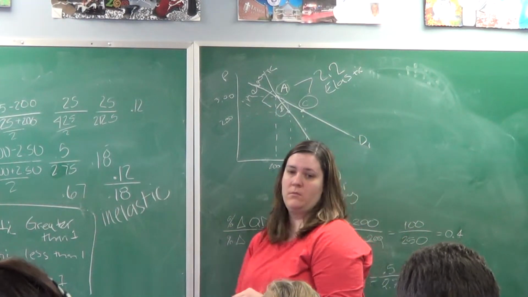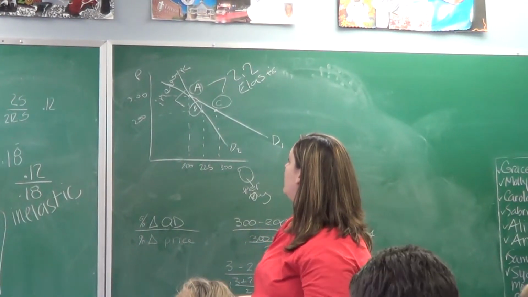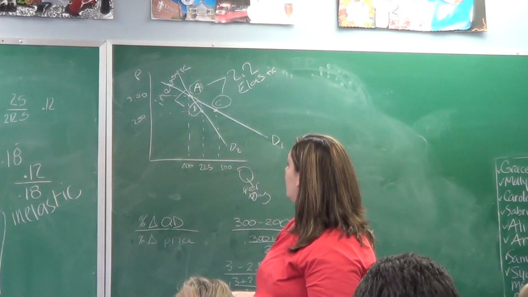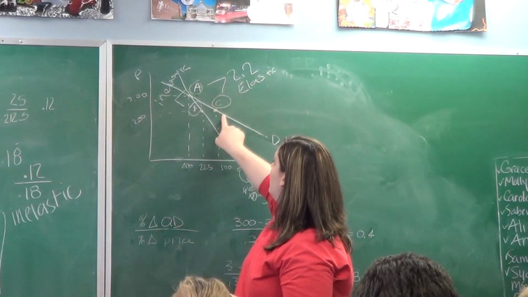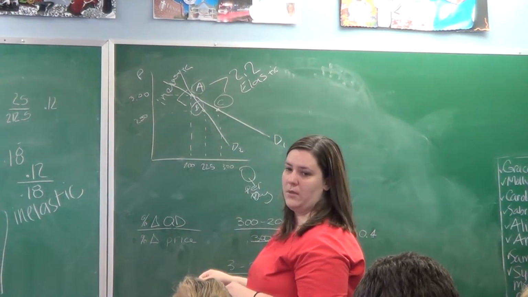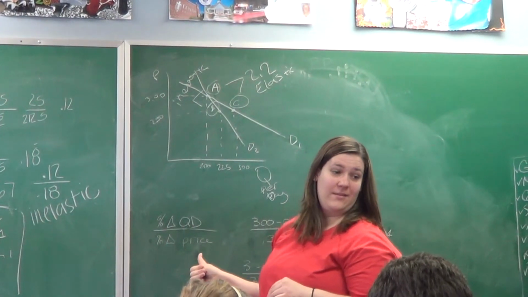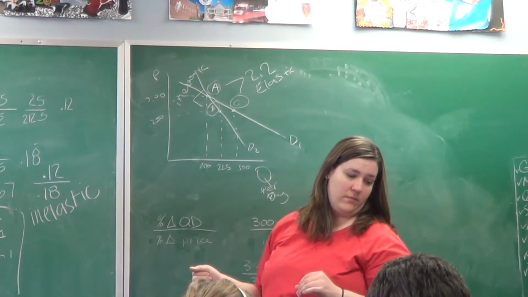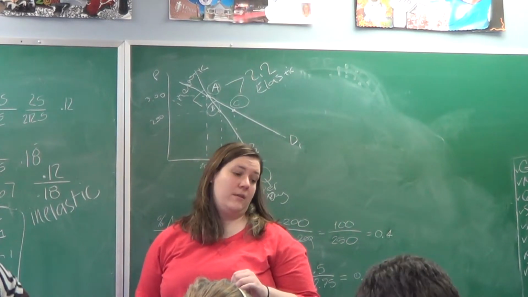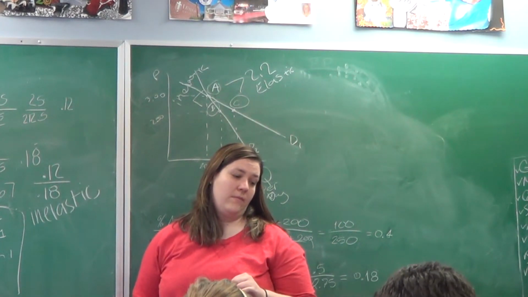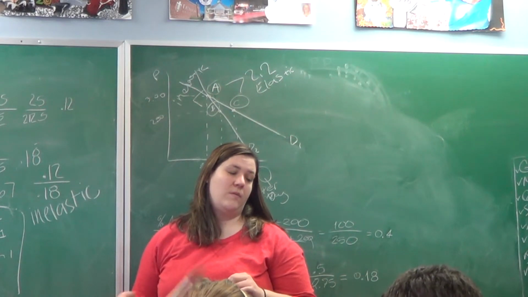Oh wait, it looks like the D1 curve has the A and the C points on it, doesn't it? Yeah. And so we just did D2. Right. Okay. So the midpoint formula is quantity 2 minus quantity 1 over quantity 1 plus quantity 2